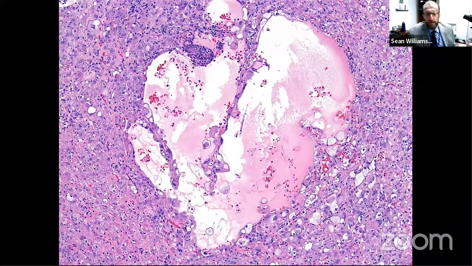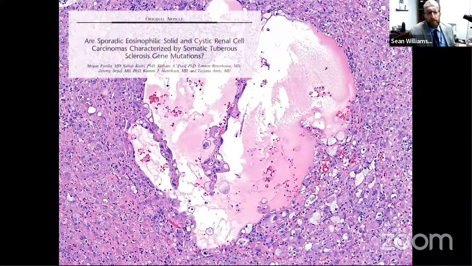But then shortly after that, 3 groups in very rapid succession found that these were characterized by somatic mutations of the tuberous sclerosis genes. So the tuberous sclerosis genes are really making up sort of a recurring theme in our lecture today. I think there's a lot of interest in the tuberous sclerosis genes in these emerging subtypes of renal cancer. So here, this study from the University of Chicago group showed that